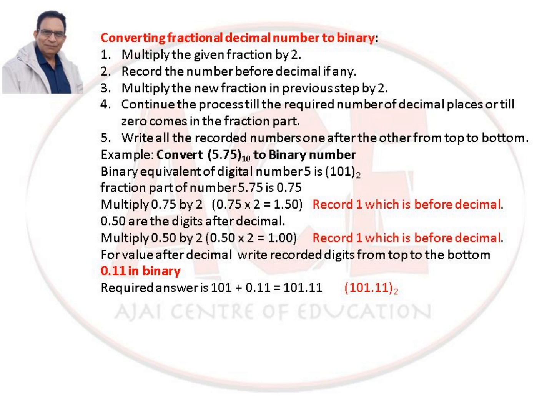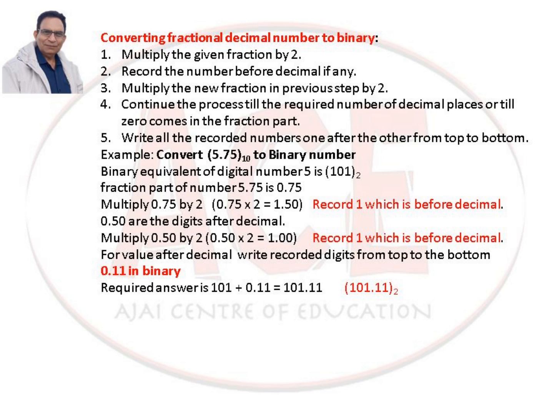Example: convert 5.75 base 10 to binary. Binary equivalent of decimal number 5 is 101 base 2. So we leave that apart and we consider only 0.75. So the fractional part, that is 0.75, we multiply it by 2 and that comes as 1.50. So 1 is recorded because 1 is before the decimal, it is recorded separately. 50 is the decimal part of it.